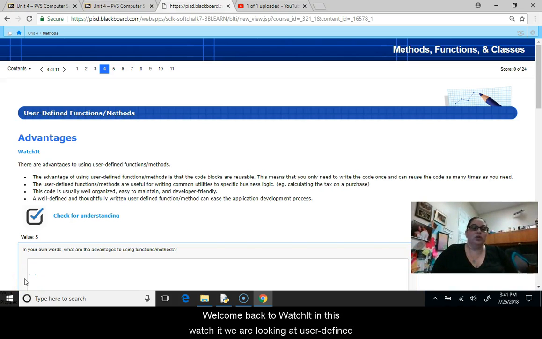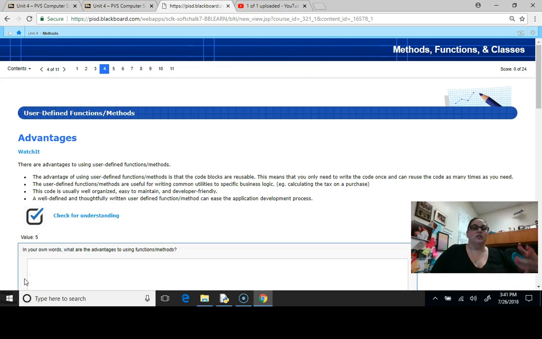In this Watch It, we are looking at user-defined functions and methods. Now, the advantage of using a user-defined function or method is that the code blocks are reusable. This means that you only need to write your code one time, and then you can reuse it as many times as needed. User-defined functions and methods are useful for writing common utilities for basic business logic, like calculating